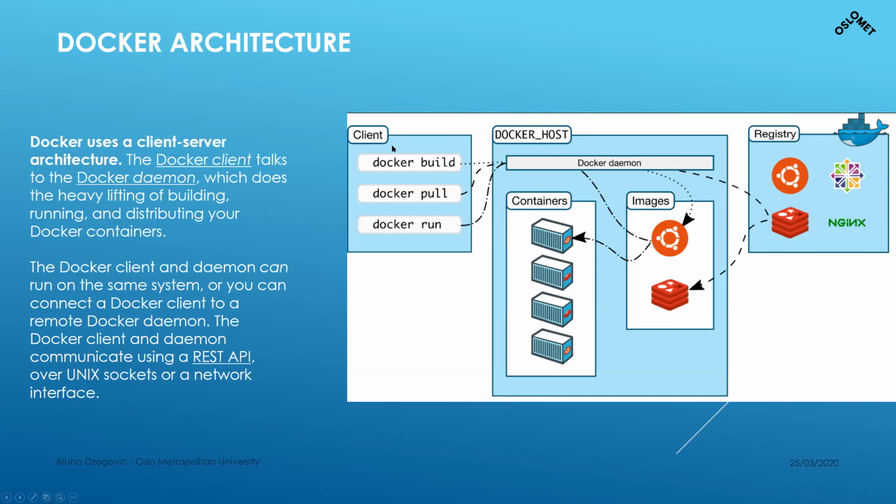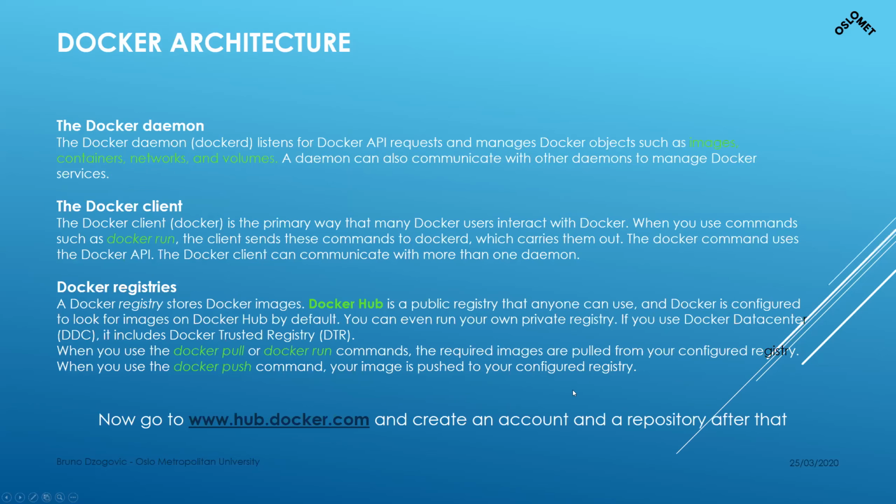So you're going to use command line interface commands. When you initiate these commands, they will just tell the daemon what to do: Docker build the image, pull the image from the registry, run the container, etc. That's how these things are done. So yeah, this is what I just said.